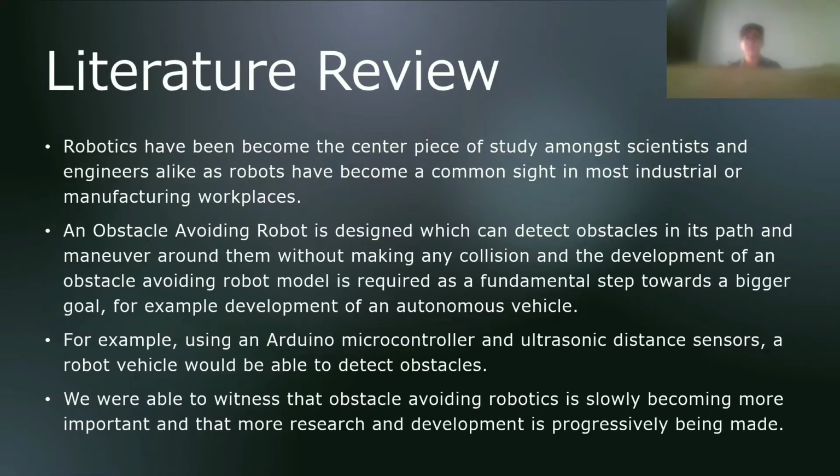An obstacle-avoiding robot is designed to detect obstacles in its path and maneuver around them without making any collision, and the development of an obstacle-avoiding robot model is required as a fundamental step towards a bigger goal, for example, the development of an autonomous vehicle. An obstacle-avoiding robot uses a proximity sensor module. The robot is controlled by a program that is embedded into a microcontroller. For example, by using an Arduino microcontroller and ultrasonic distance sensors, a robot vehicle would be able to detect